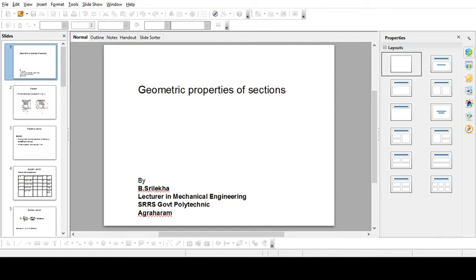Next, the y term is simply 15, nothing but d by 2. So it is at a distance d by 2, nothing but 30 by 2, it is 15. Now area into that y term, nothing but 353.25 into 15, it will give